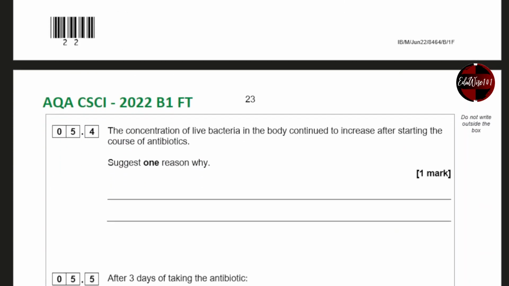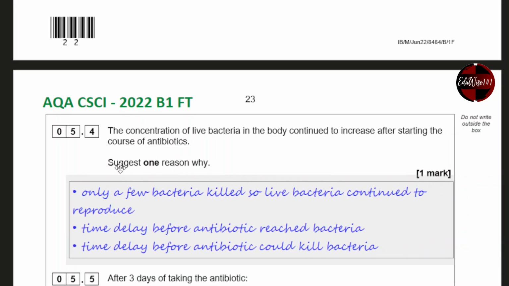The concentration of live bacteria in the body continued to increase after taking the course of antibiotics. Why? Well, it takes time for the medicine to be absorbed from your stomach into your bloodstream and to travel to where the bacteria is. So, any of these points will be fine. Only a few bacteria were killed, so live bacteria continued to reproduce. So not a lot of bacteria had started dying because of the antibiotic. Or you could say there's a time delay before the antibiotic reached the bacteria or before it killed the